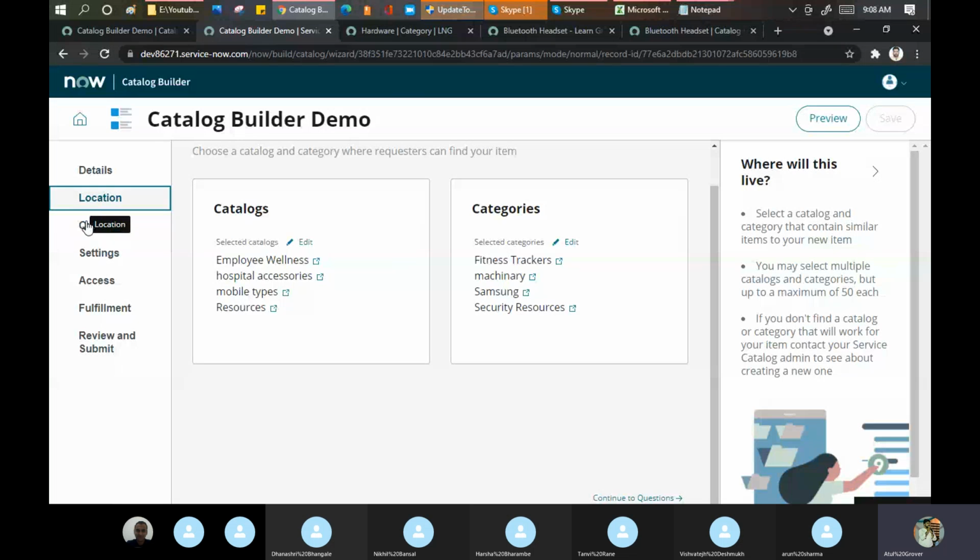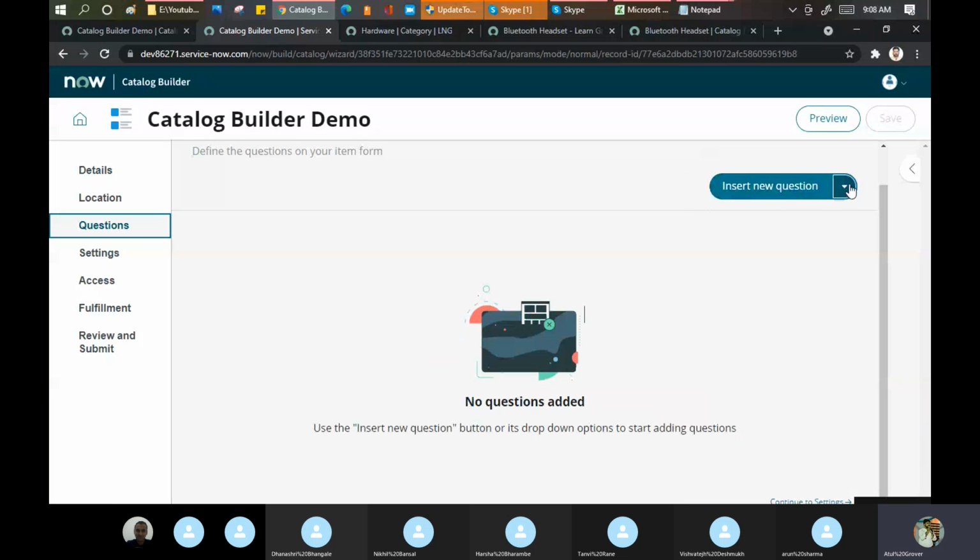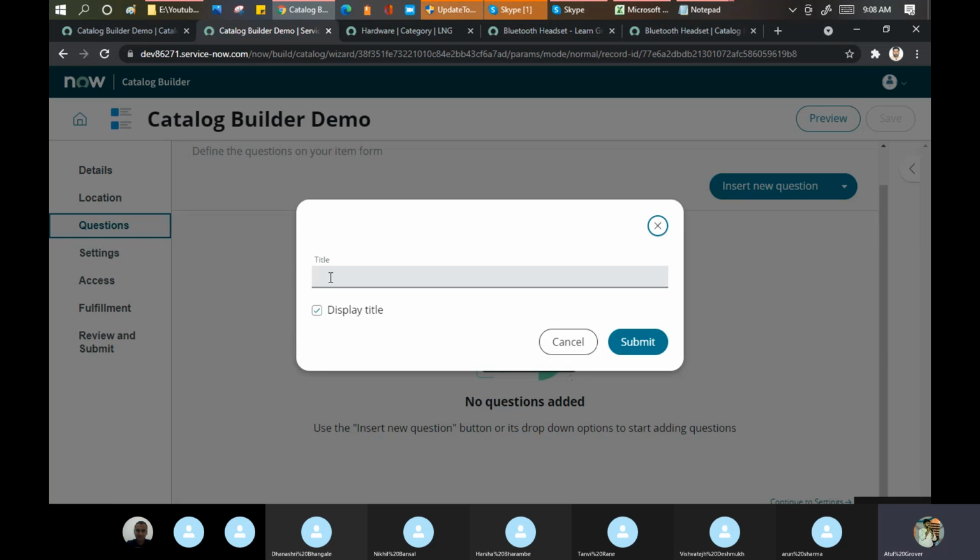Click save. Another good point, you got it. Go to the question. Now you want to insert a new question. Let me minimize this. Click here. Question set means variable set they're talking about. Sorry, question set means you can create, like we have created the variable set, we can create the question set as well. Try this at your end today. Single column, 2 column container. I said 2 column container. Okay. Display.